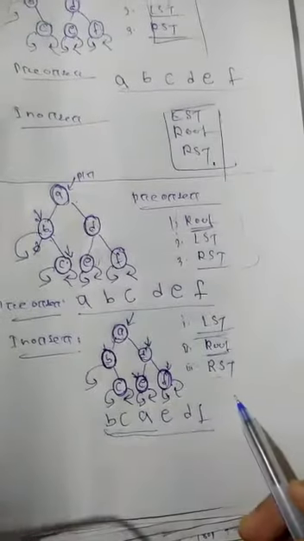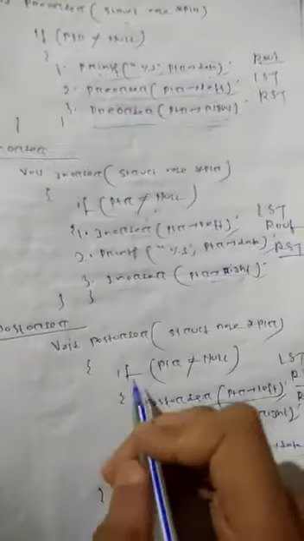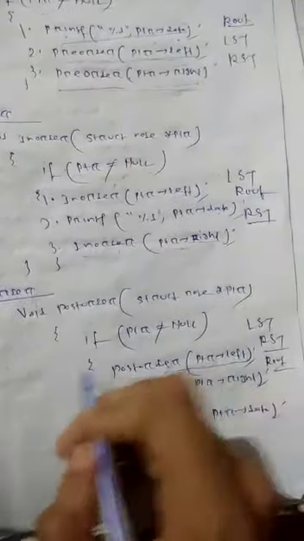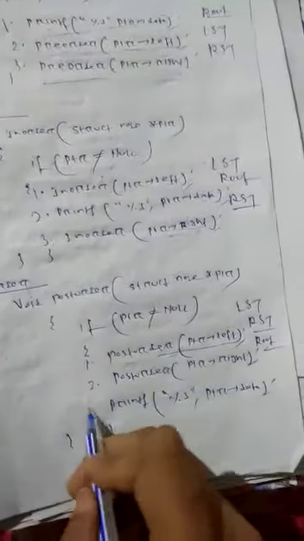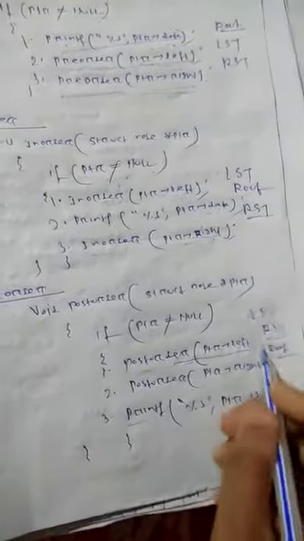Then you have to go to the post order traversal. Okay, what does the post order traversal algorithm say? See, the first step is you have to first visit the left subtree. Okay, this is the first step. Then what is the second step? Again visit the right subtree. Then the last step is you have to print the data. Okay, LST, RST, then root. So according to the logic, it is your LST, then RST, then your root.